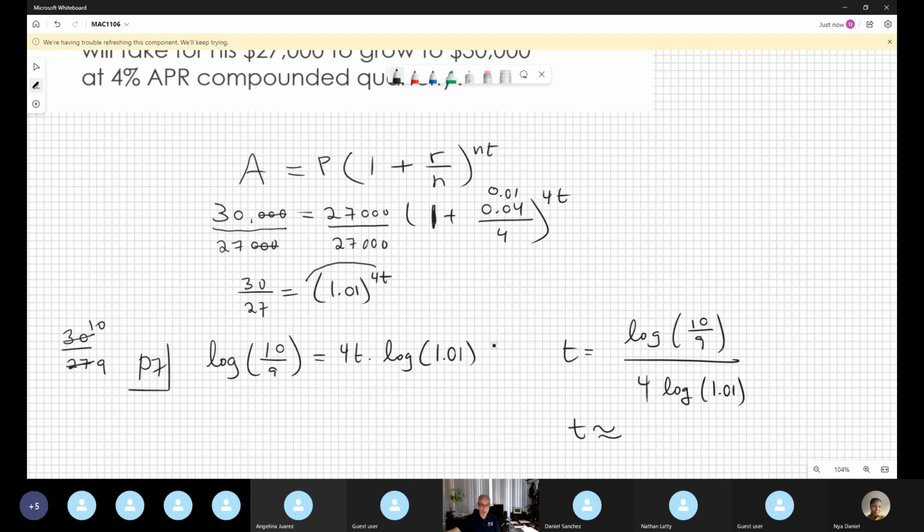Computation, and remember, the answer in this formula is always expressed in years. This is decimal. You approximate, you know. So you put log or natural log, either one, of 10 over 9, divided by, parentheses, 4 times. It's important when you have two elements in the denominator, you put a parenthesis. Because if you don't put the parenthesis, the calculator doesn't understand your order of operations very well. Times logarithm of